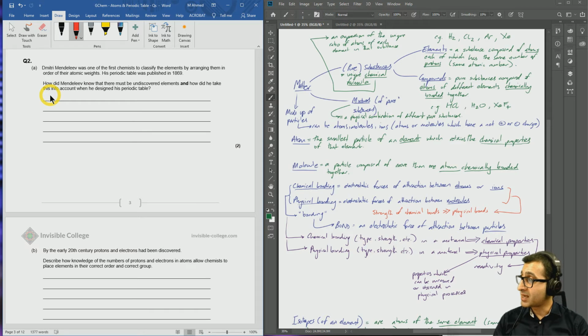So we can say here, if the elements were placed consecutively, they would appear